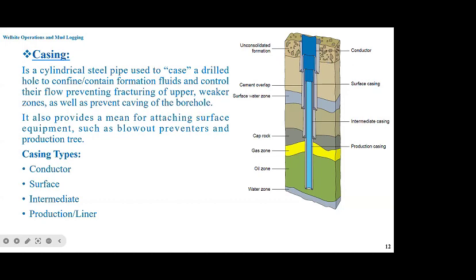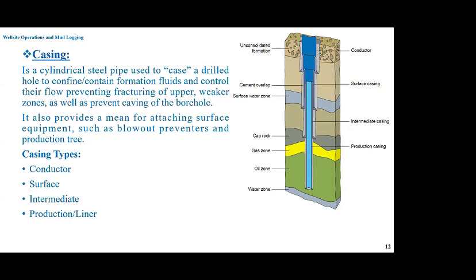Okay, for the casing, sorry for the internet interruption. For the casing types, they design the section depth based on the geological information. For example, they design the conductor depth up to below the unconsolidated formation. So the conductor casing is here. Then the surface casing just below the freshwater. Then the intermediate just on top of the seal rock or cap rock. Then the production casing or liner